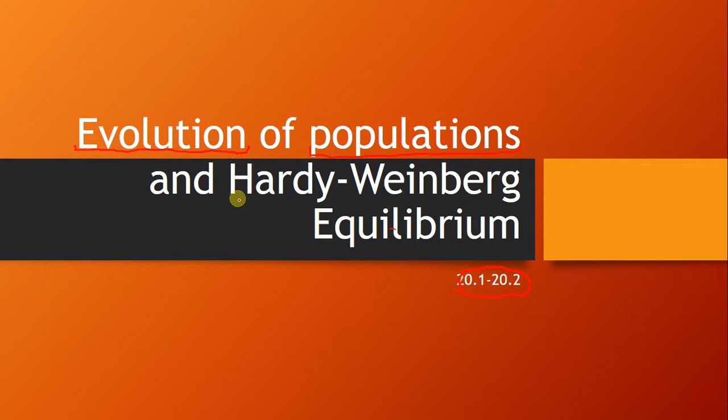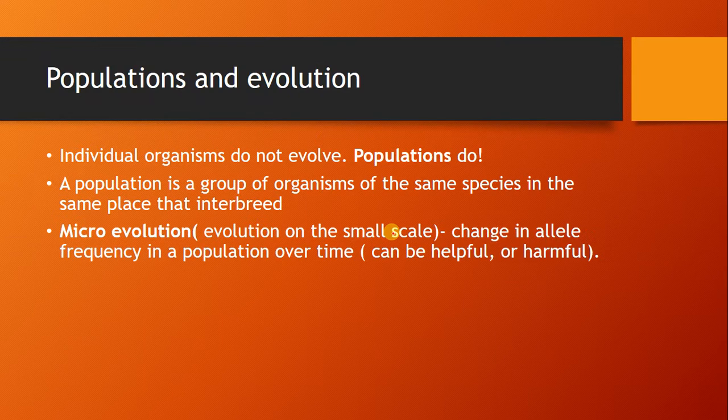We're going to focus quite a bit on practicing the Hardy-Weinberg equilibrium equation, which is an equation we use to tell if evolution is happening or not, if we're looking at a species over time, and how we can quantitatively or mathematically tell. So, first of all, on a small scale, scientists look at populations to measure whether evolution is happening.